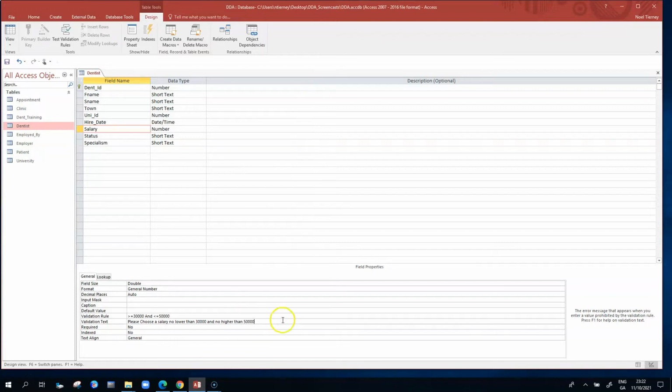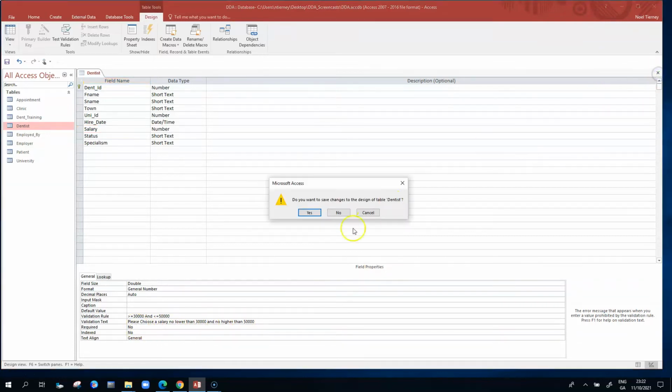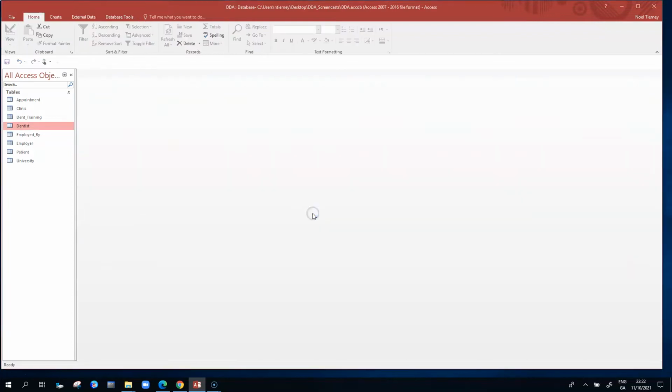So again, my recommendation is not to make too many changes to a table at a time. Save as you make one slight change. Save the table by closing it here, and Access will save the table for me. Now open it up,